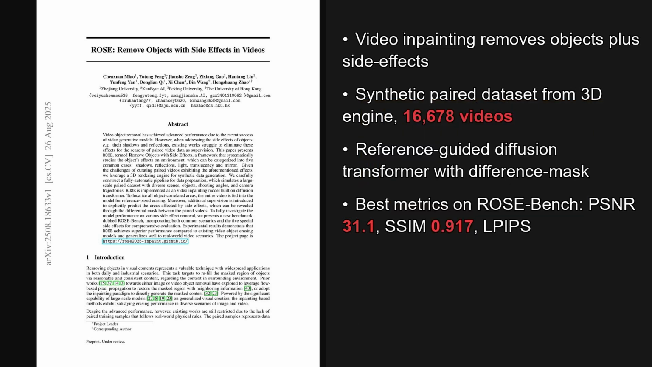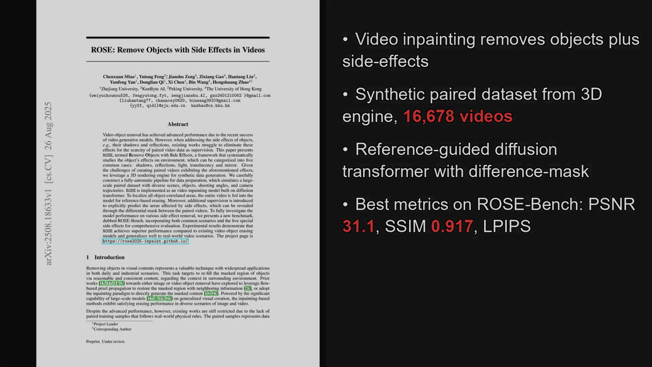I'm Alex. Today we're looking at a paper from the Hugging Face trending list, published on August 26, 2025, about 7 days ago. The big contribution is a video inpainting method that removes objects and their side effects like shadows and reflections, powered by a large synthetic paired dataset and a reference-guided diffusion transformer that predicts where those effects occur. The paper is titled, ROSE: Remove Objects with Side Effects in Videos, and as we will see later, the results are really impressive. In short, the approach outperforms prior methods and ships a new benchmark, plus a scalable data pipeline